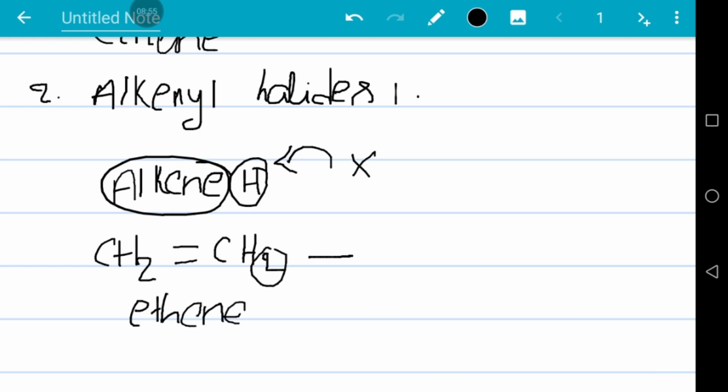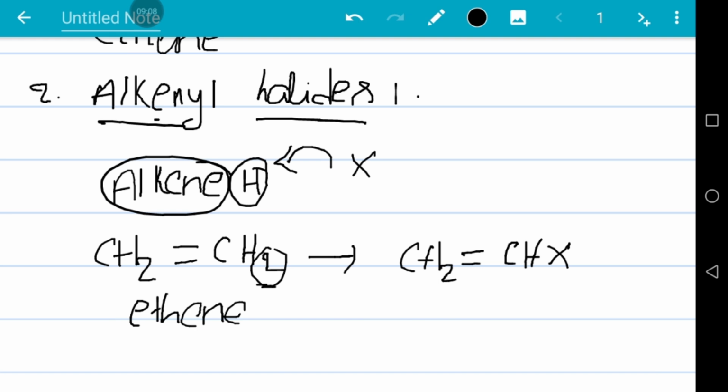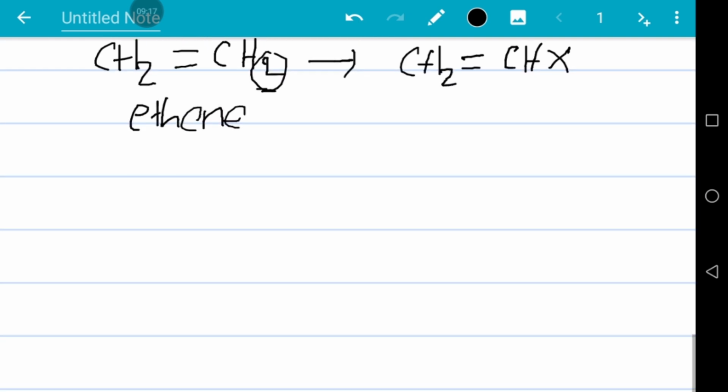So in this, the hydrogen is replaced by a halogen. For example, CH2=CH2: in the place of hydrogen, a halogen is replaced, then CH2=CHX will come. So this is called alkenyl halides. In an alkene, when hydrogen is replaced by the halogen, we get the alkenyl halides. And the next one, the third one, is the